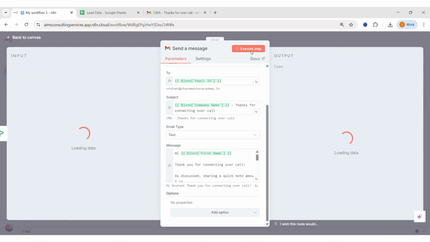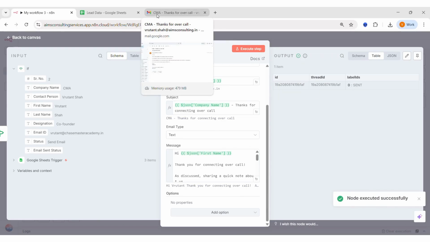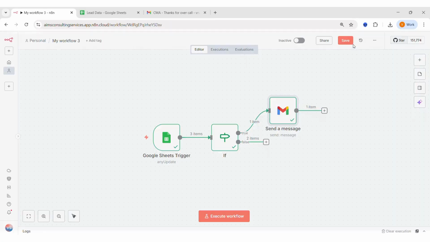When I click on execute test, what I'm getting is that the email is sent. I can then go to my inbox and check whether the email was sent or not and how it went. This way I am able to see in my inbox as well how the email looks, and if any other formatting needs to be done, I can do that. So over here, my entire journey, right from changing the status to sending the email, gets simplified in just 3